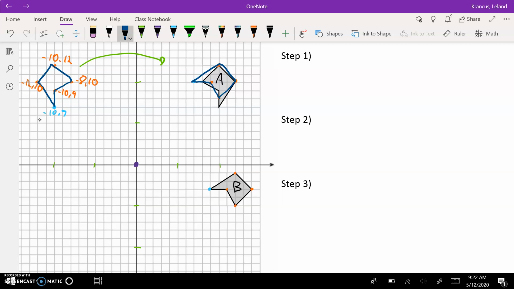So then the last step would be moving this shape down so it's in the same location as shape B. So I need to move it down and to the right. Remember, to do a translation and to preserve all the properties of your shape, you do the same change in your X and your change in your Y to every point, and it keeps that shape intact and just puts it in a different position. Start again with that blue point, that tip, which now is in the right position. And so notice I need to move this